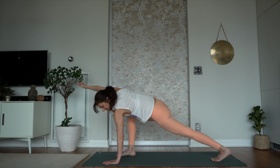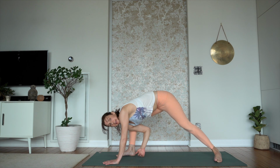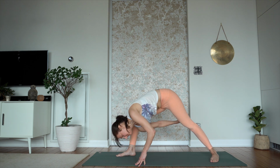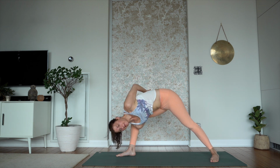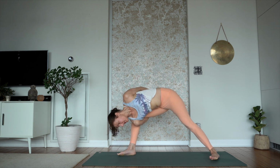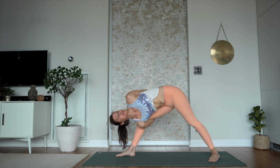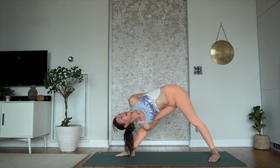Right hand coming inside the right leg, and then drop your back heel, so heel to heel. Coming for the bind, so right arm underneath the right thigh from the inside. And left hand coming up. Open your chest to the left, gazing up, coming to bound trikonasana, bound triangle pose. So pulling the right hip back,